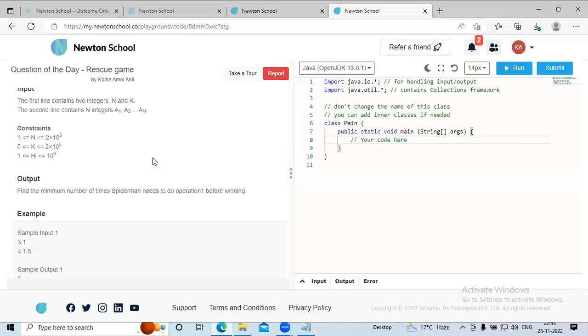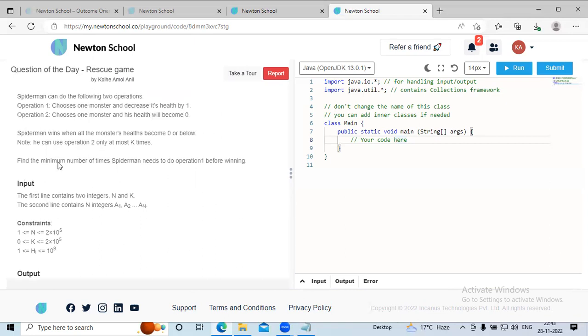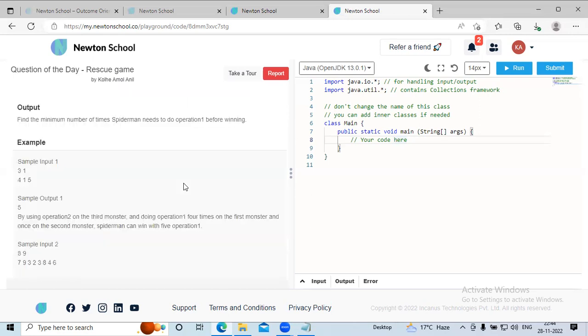So in this problem, we have to find the minimum number of times Spider-Man needs to do operation 1, that is, choosing one monster and decreasing its health by 1. How many times Spider-Man needs to do this operation before winning. So to do this, what we can do